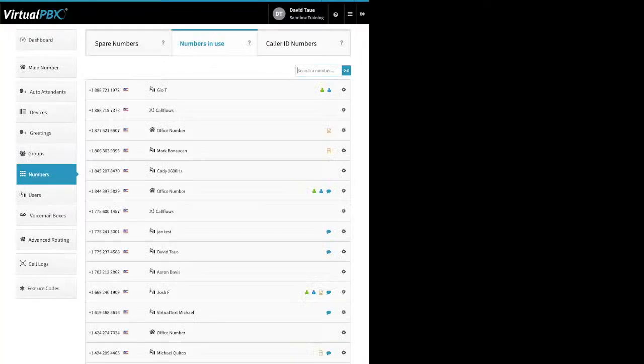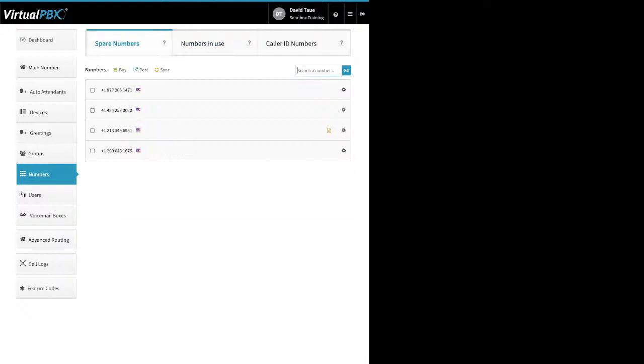Numbers tab defaults you to your numbers in use. This just shows you where the numbers are, right? Like where they've been assigned. You're not able to unassign a number here, but you can adjust the caller ID or the E911, etc. for any phone number. Under spare numbers, right? These are numbers you're not using on your account right now. So if you wanted to remove a phone number,